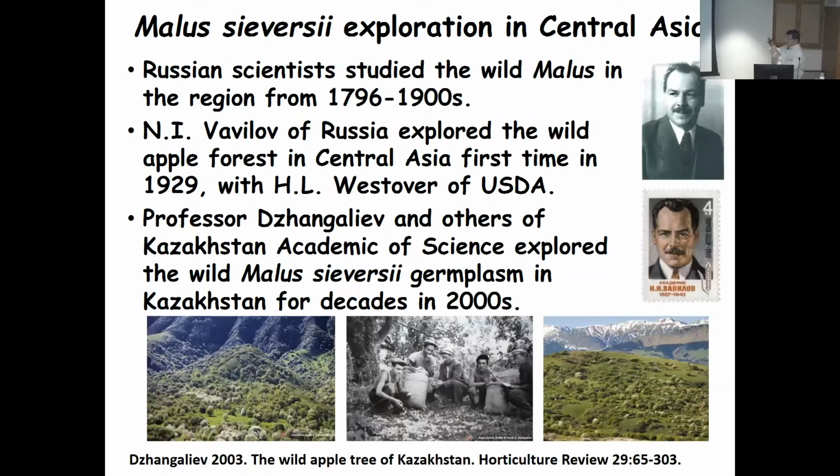Here to show you some of the history of Malus exploration, started in Central Asia. A lot of Russian scientists actually studied the wild Malus in Central Asia as early as recorded back in 1796, all the way to the early 1900s. The famous plant geneticist, Nikolai Vavilov, first explored the wild apple forest in Central Asia in Kazakhstan,